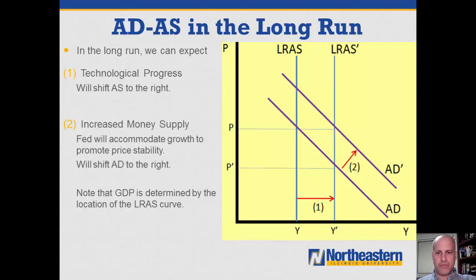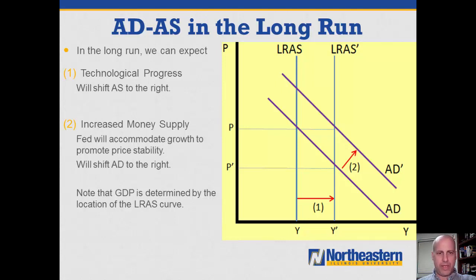Suppose that, for instance, over the long run, we expect to see technological progress. That is, we expect to see productivity growth in the economy. What this will do over the long run is shift the long-run aggregate supply curve to LRAS prime, and we can also expect that expansionary monetary policy will work to shift the aggregate demand curve to